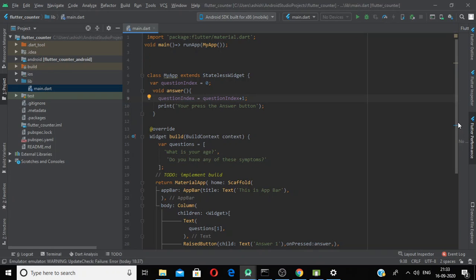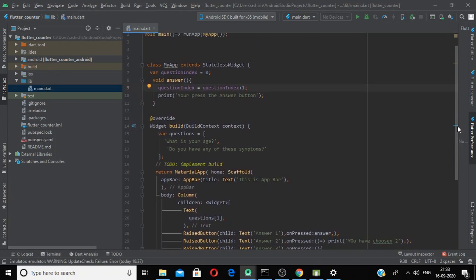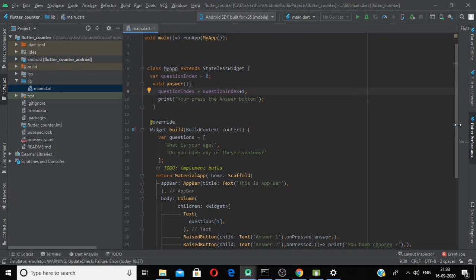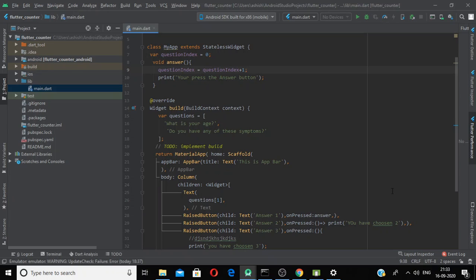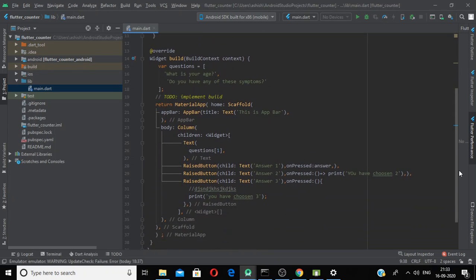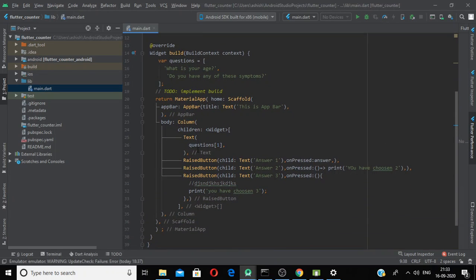So the idea is that when the app builds itself for the very first time, this question index value is 0, and when it encounters this text widget, question, yes, this.